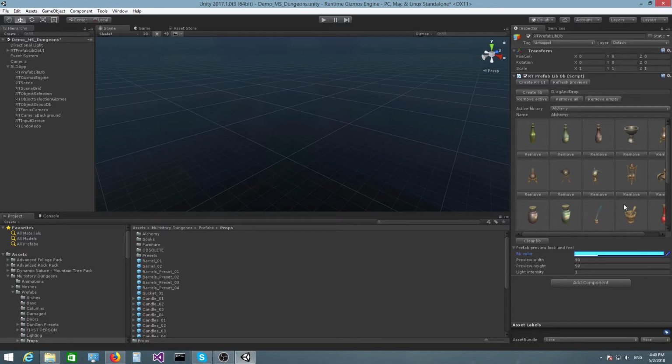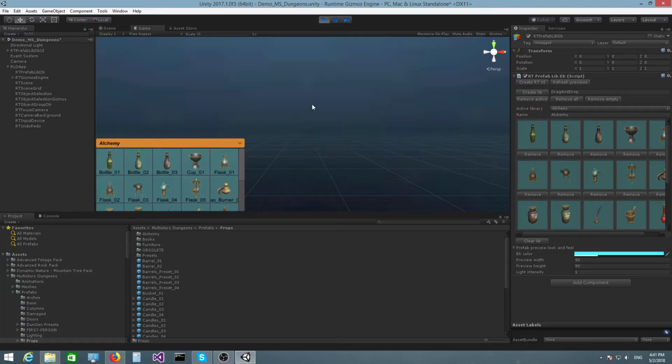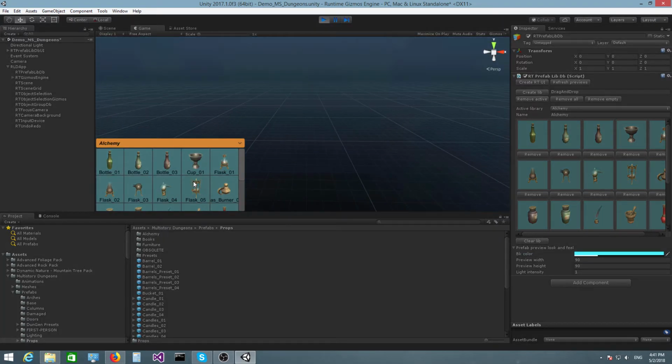The changes that you make here will not be automatically reflected. So you will need to press the refresh previews button to activate those changes. This will just regenerate the textures for all the prefab previews. And now if I switch to play mode, you can see that the prefab previews now contain the updated background